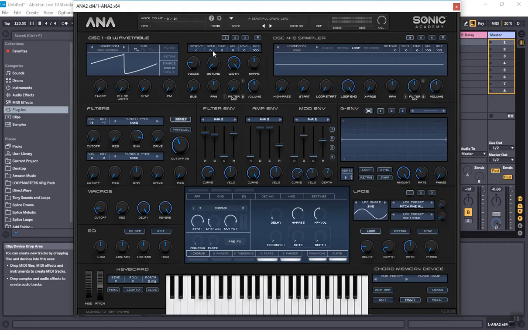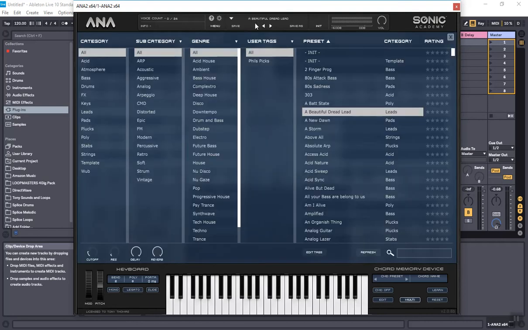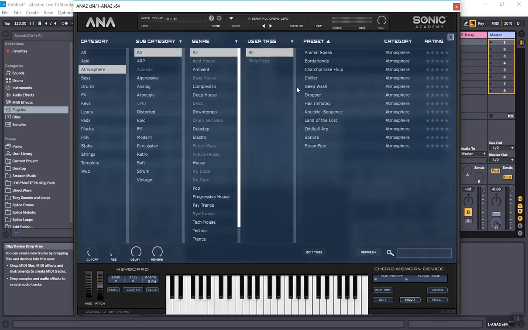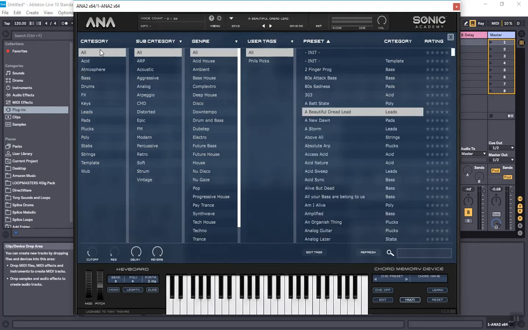So I think it is a great synth. It would take hours and hours and hours to show you everything on this synth, and this is kind of a quick overview. So let's just look at some of the sounds that you can get from this synthesizer. First of all, I do like the way they laid out the selector here. You can select by category, subcategory, genre. Also set up your own user tags, and